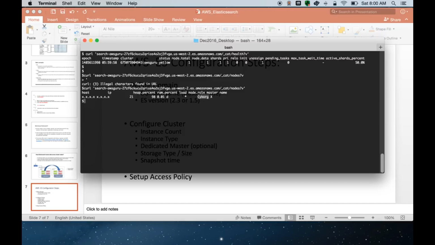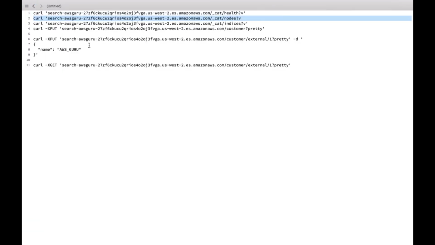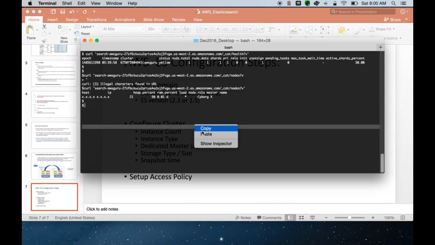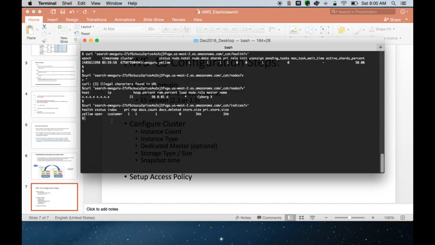These names are default names given by Amazon, and you don't know the IP addresses on those things, because it's all masked. And if you want to know whether any indexes are created, as I mentioned, I created one index called customer. So I do see the index called customer, which is created with one primary shard,